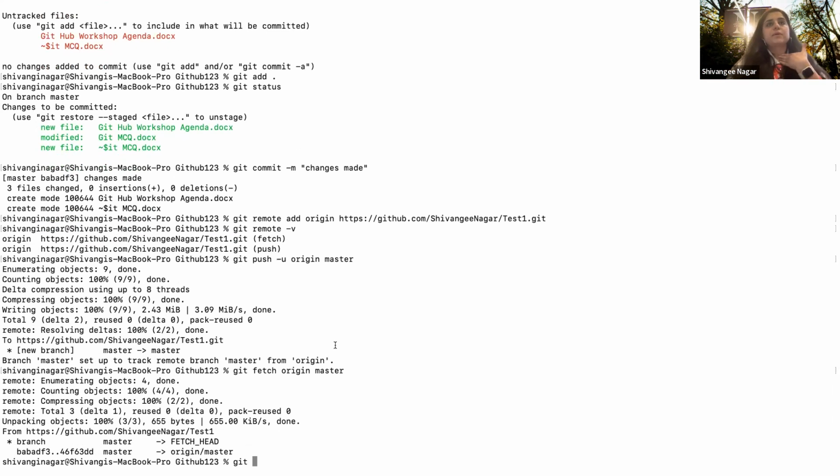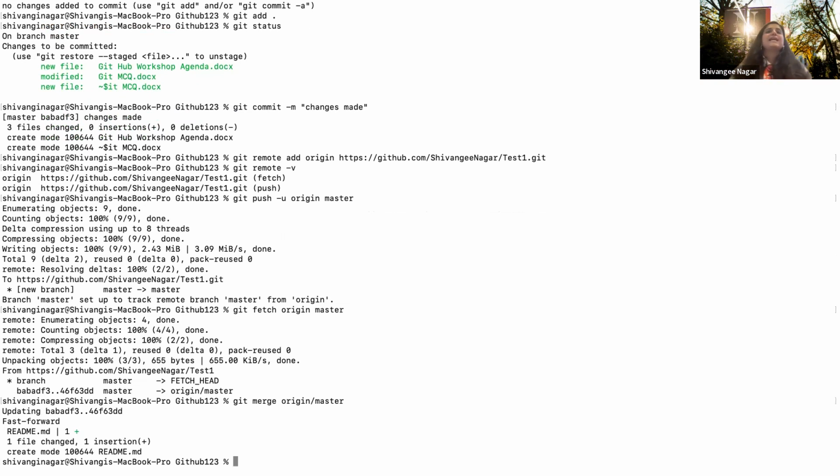Yep. So git merge origin. And this time I use the slash and then I use master. So there are differences between when you use fetch and when you use merge. With fetch, there is no slash between origin and master. But when you use the command merge, you have to use the slash. I don't know the reason, and I'm free to ask the audience. If someone has a reason, they can educate us. But this is what it is.